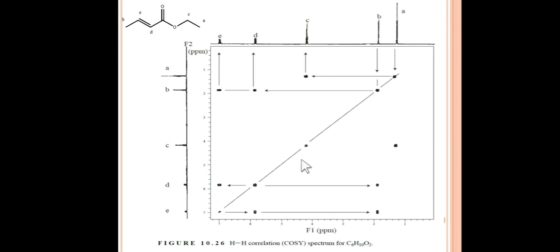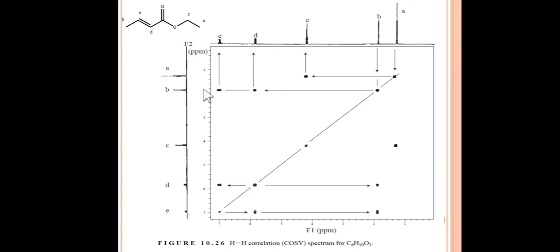Now let's go ahead. This is proton C. So how about C? You can extend this line over here, and it is correlating with A. Simply you can take the first one for the analysis, but for better understanding I will say this C is correlating with A. You can extend it like here and we get A.